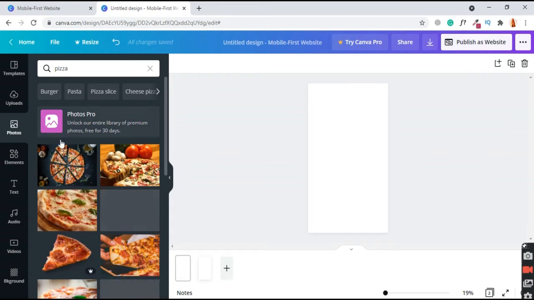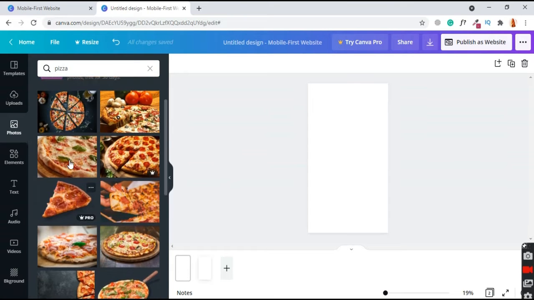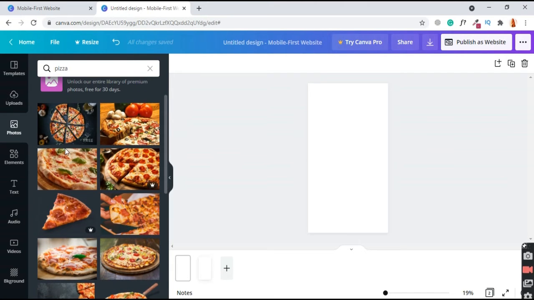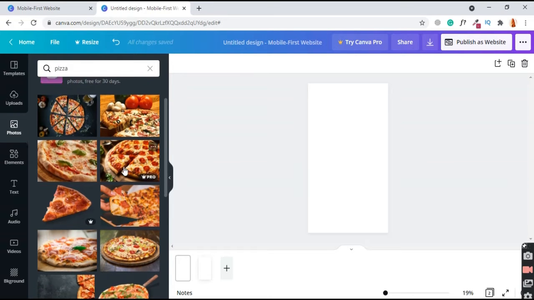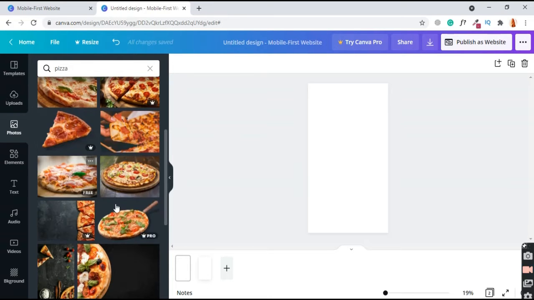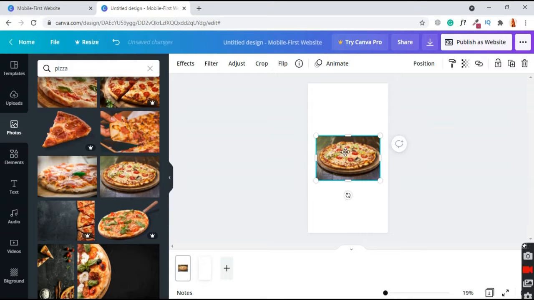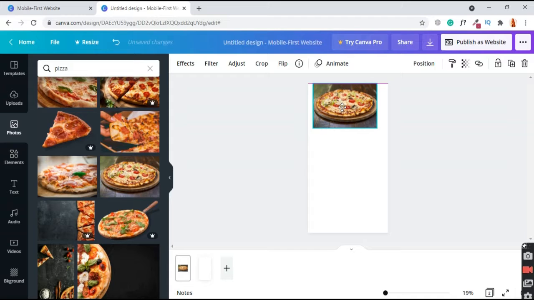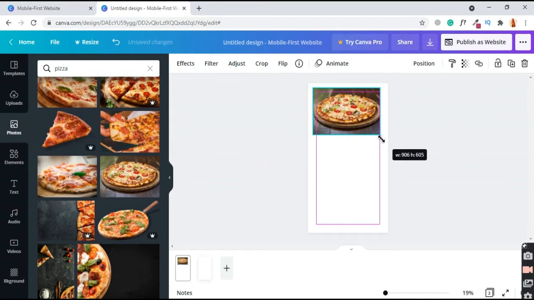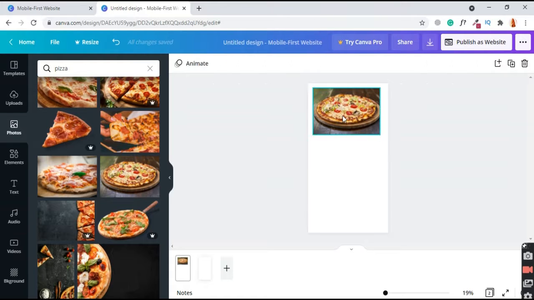Click on it, pizza. Free images are available also. Yeah, good. So take this one. Click on it and just drag it toward the top, and just fit this.